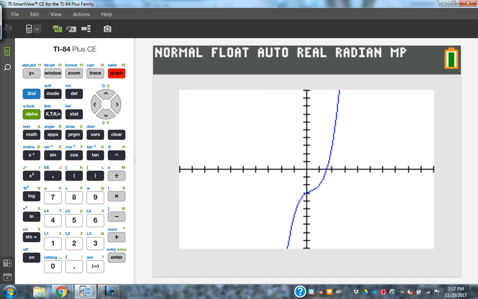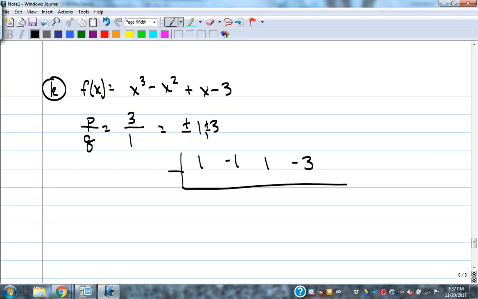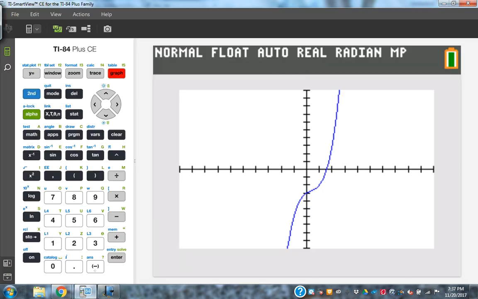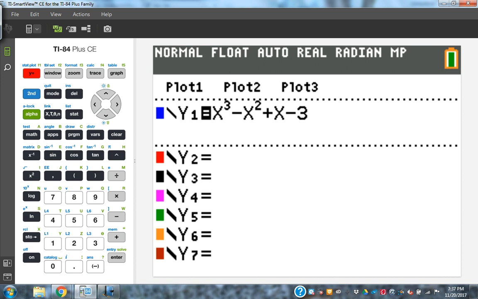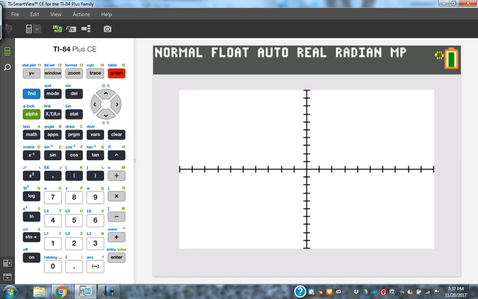That should be, let's change that polynomial. Won't change what we've done so far. Let's make that a minus 5x right there so that it does something different. P over Q list is exactly the same. So I'll go back up here to my y equals. And I'll just start over: x to the 3rd minus x squared minus 5x minus 3. There we go. That's what I wanted to do. All right. Okay. Now,